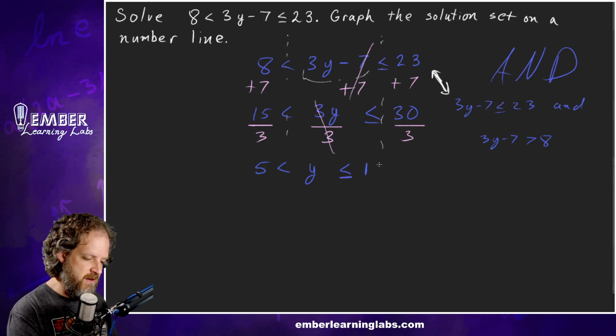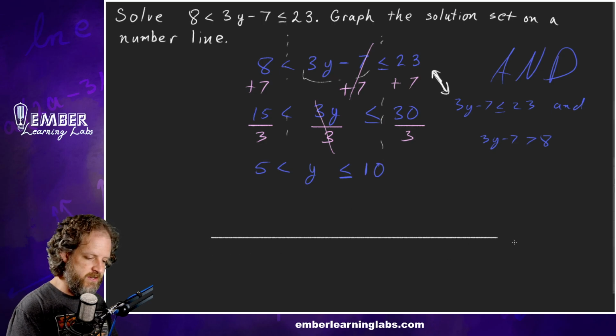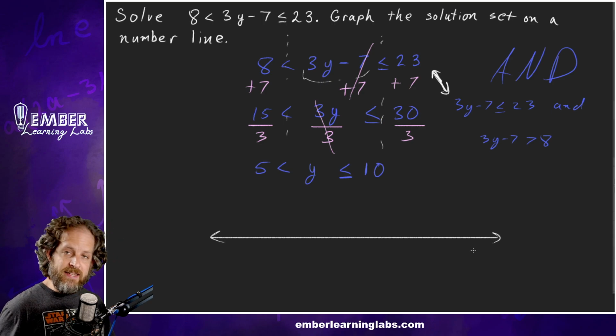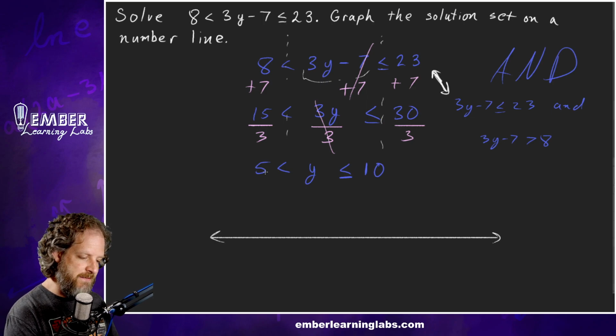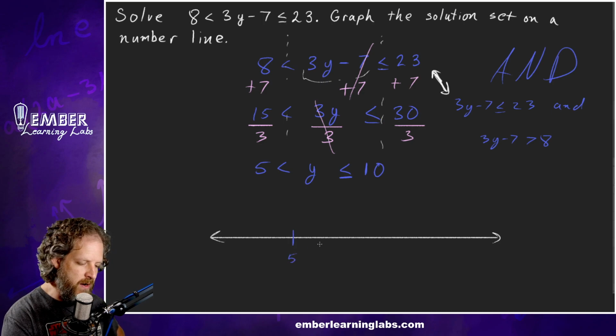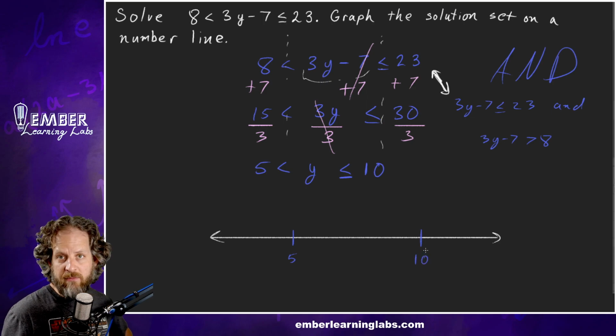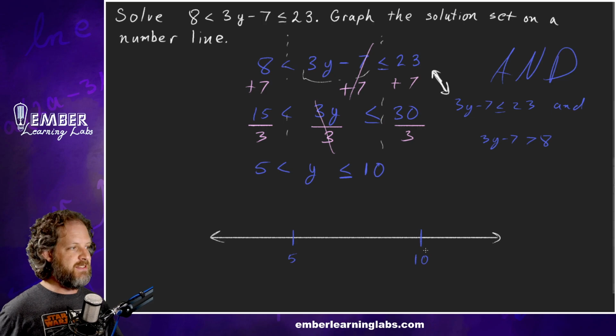3 is 10, right? Now we're going to graph our solution set on a number line. So I'm going to draw in my number line, right? Now this time I have to put two things on there because I have 5 and I have 10, right? So I'm going to put a 5 on here. And then I'm going to put a 10 on there. For my class, now this is, if you're not in my class and you're just watching this video to learn this topic for some other class in high school or college or whatever else,